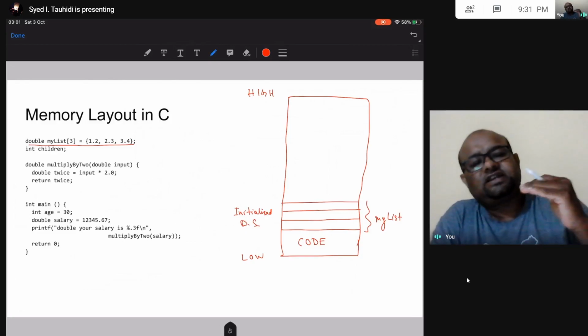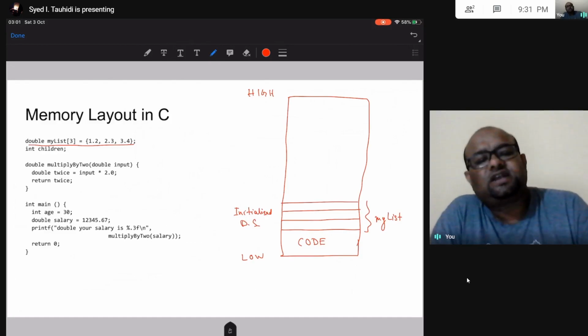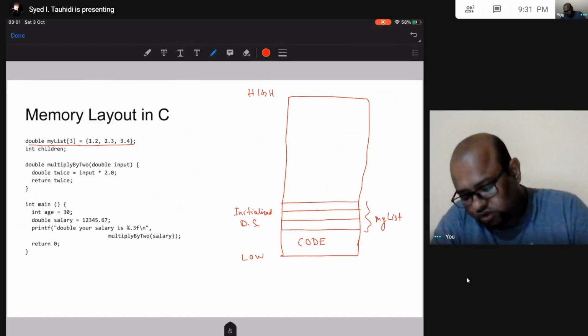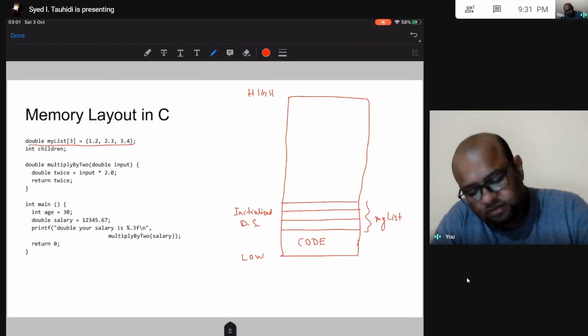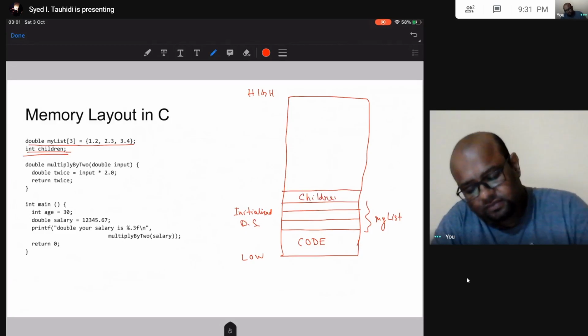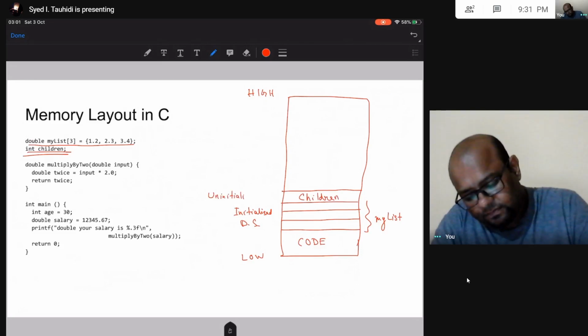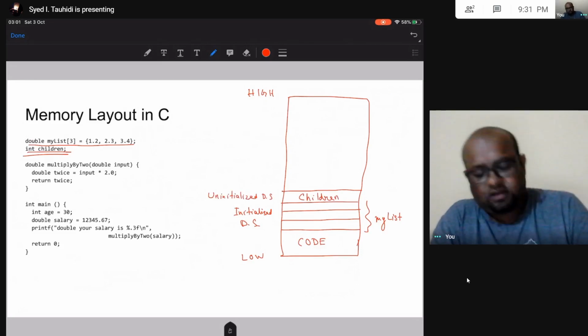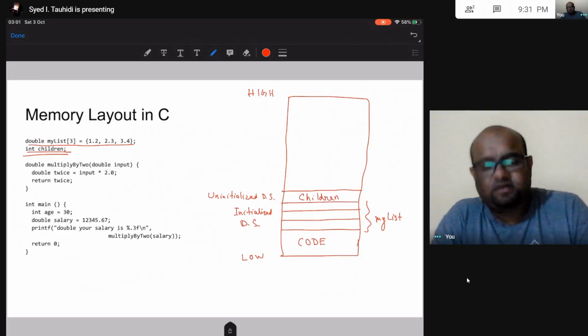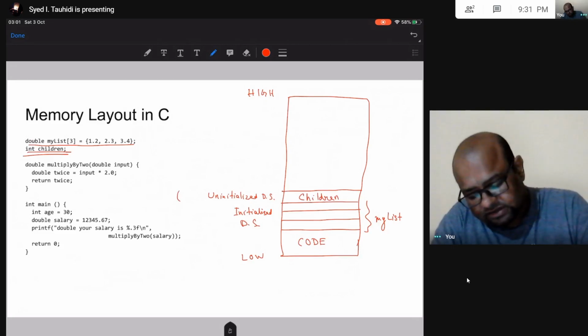After this initialized data, I am going to have the uninitialized global variables. So this is an uninitialized global variable, and it is allocated next. Alright, uninitialized data segment, and this is also called BSS.